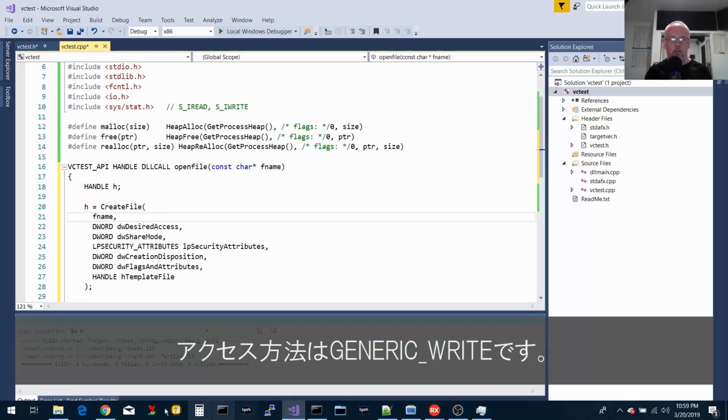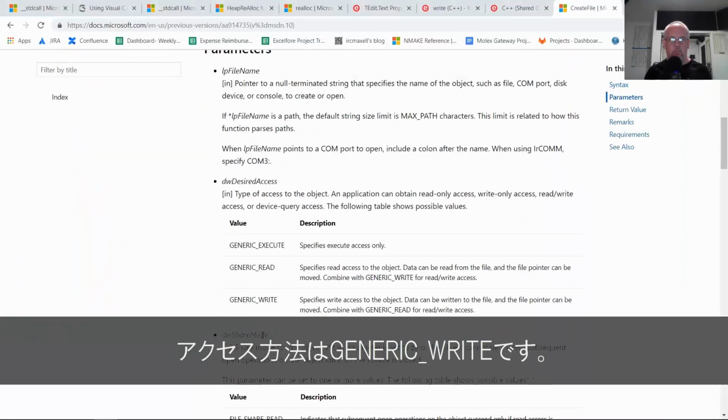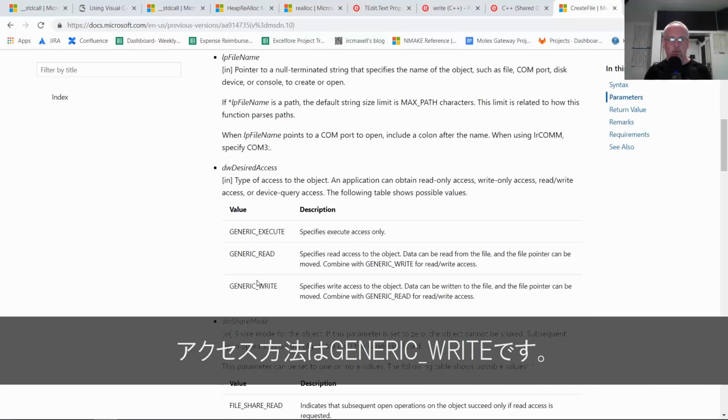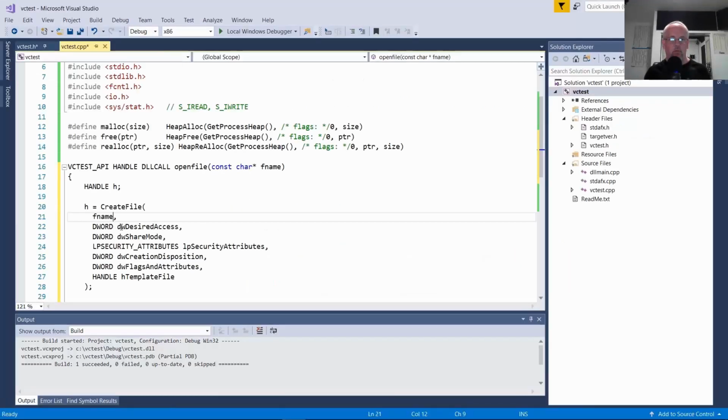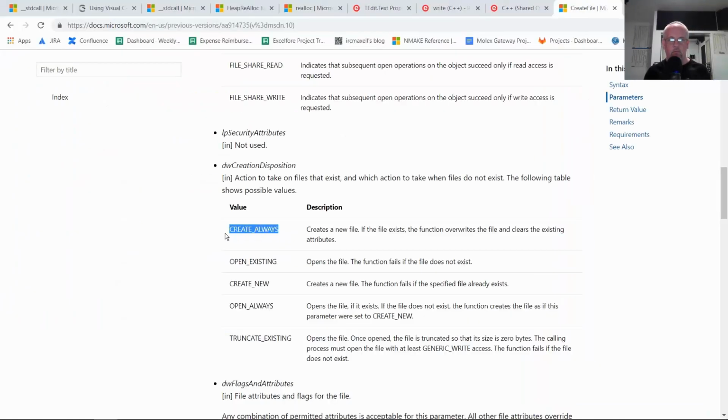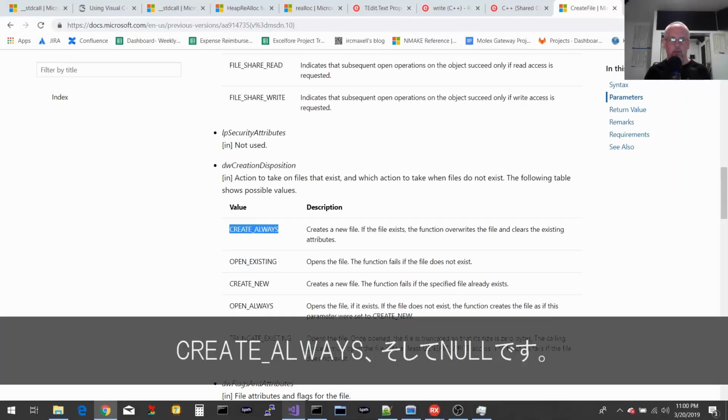So the desired access is GENERIC_WRITE. Then share mode. Then CREATE_ALWAYS.